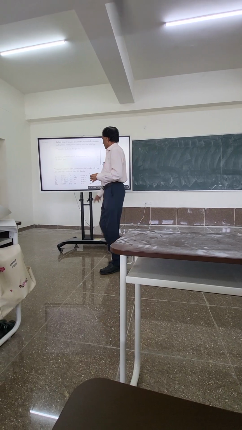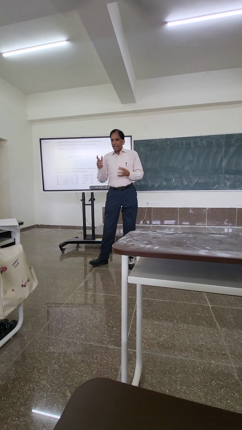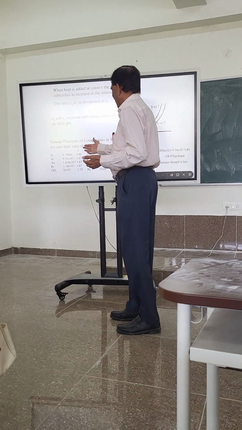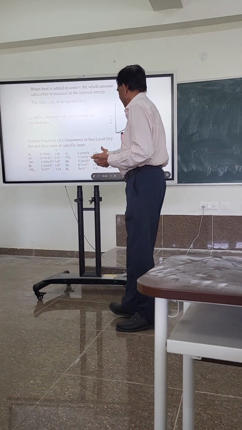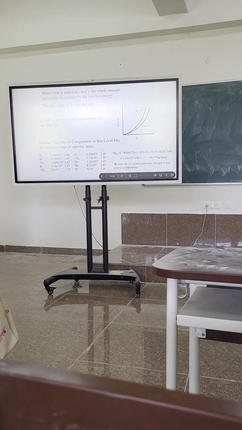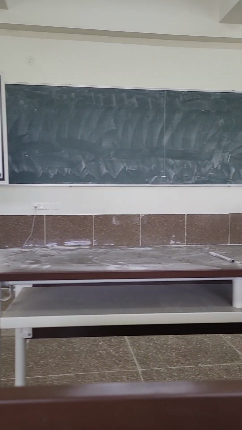Now, as I told you, air is actually a mixture of gases. And this is what we call the standard composition of air and various kinds. But still, in thermodynamics, we treat air as a pure substance. So we've got to calculate what is called the characteristic gas constant.